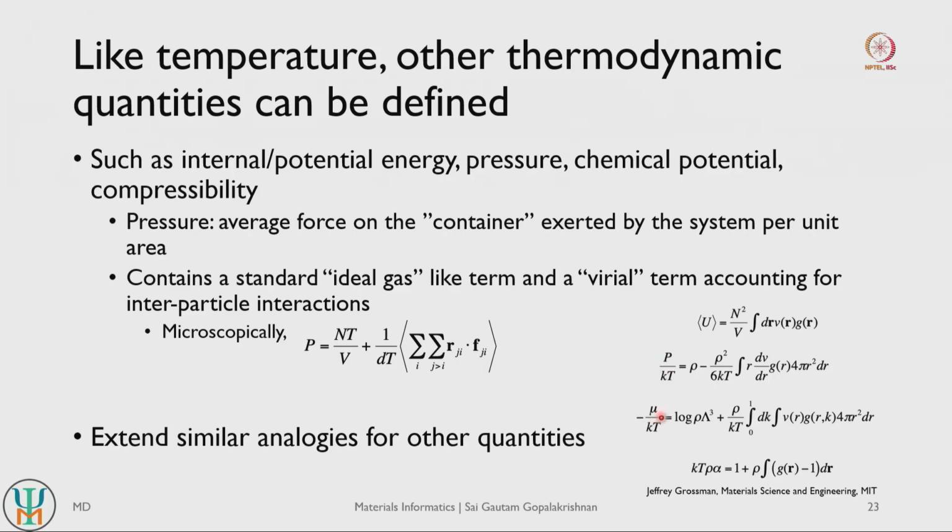So just like pressure, your chemical potential is typically used for simulating open systems. So let us say in most molecular dynamics we deal with the closed system where the number of particles is the same, but let us say you want to consider a system where you allow the system to exchange particles with some external reservoir, then you need to do an open system simulation where the chemical potential of the species that is being exchanged will be kept constant. So you need to find a way to calculate chemical potential within your system and then keep it constant with respect to your external reservoir. So that is why calculating chemical potentials can also be quite useful.